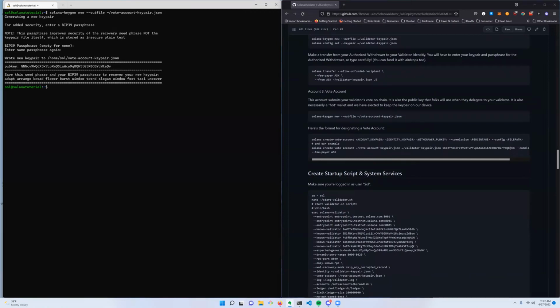Again, just using my little notepad off screen here. So you can see we're referencing our vote account key pair, our validator key pair, which is our identity. And then here is our authorized withdrawer. And we're designating a 10% commission. We also need to designate a fee pair. And I'm going to have our authorized withdrawer key pair pay,